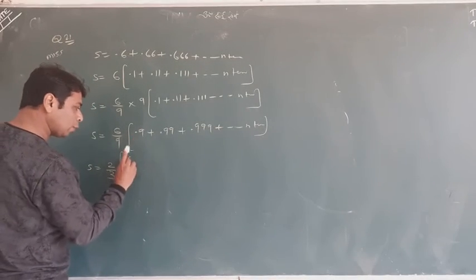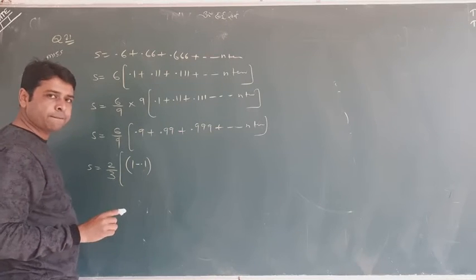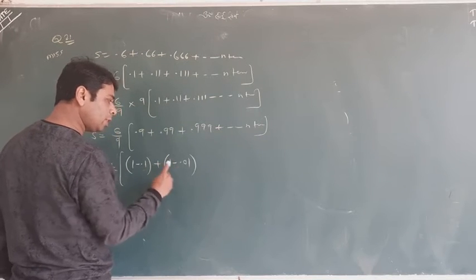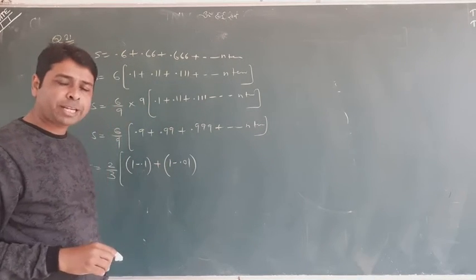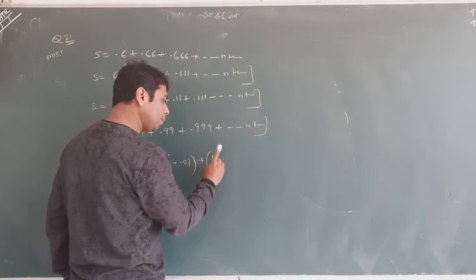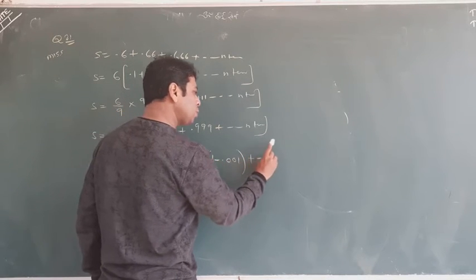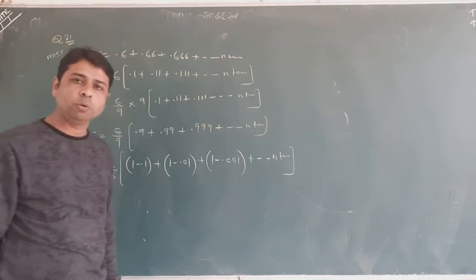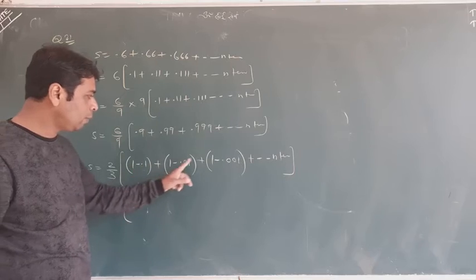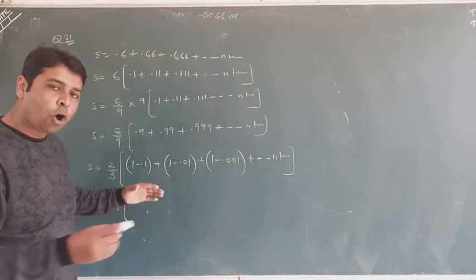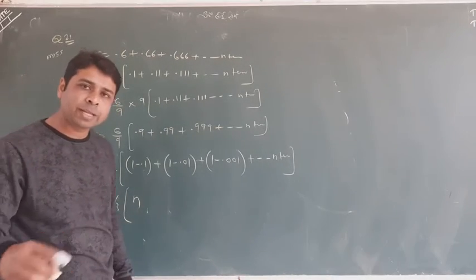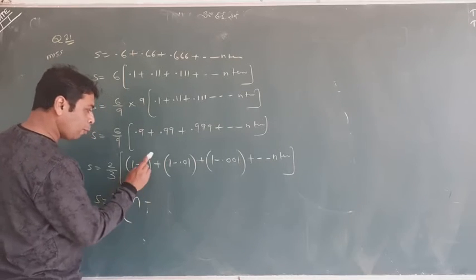So I write that 0.9 is 1 minus 0.1. Then after, this will be written 1 minus 0.01. Just by practicing, you can become expert in this writing. That 0.99 is 1 minus 0.01. This is now 1 minus 0.001, and students, it will go on the same till n terms. Now what about that 2 by 3? Can you catch 1, 1, 1? How many times? N times. So we collect all the 1s, n times it will add, and it will give us n. Minus 0.1.